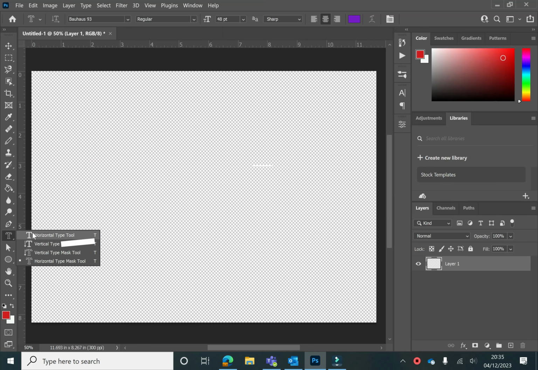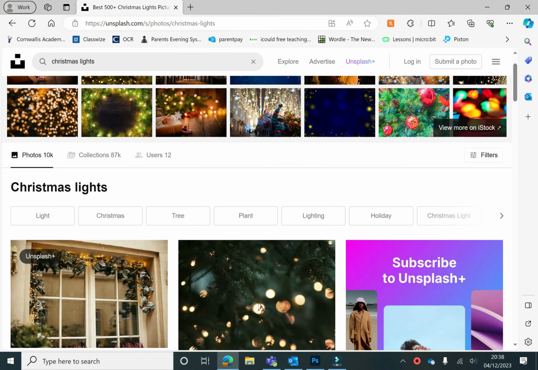So now we're going to learn how to use the horizontal type mask tool, or the vertical, it just depends which way you want to type really. But the principle behind it is how to create a mask so that you have a picture or texture that comes through your text. So the first thing I need to do is make sure I've got an image that I want as the background behind my text. So if I go on the internet to a website like unsplash.com,